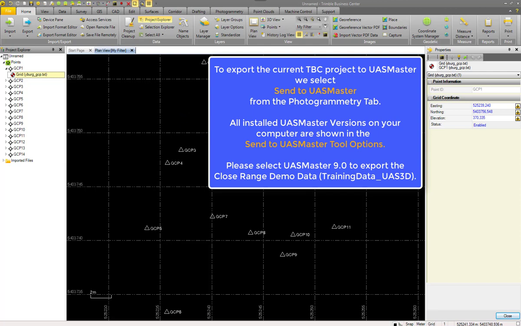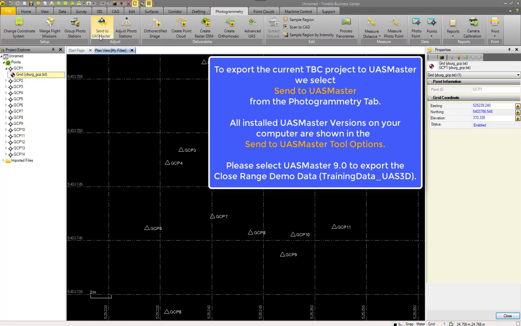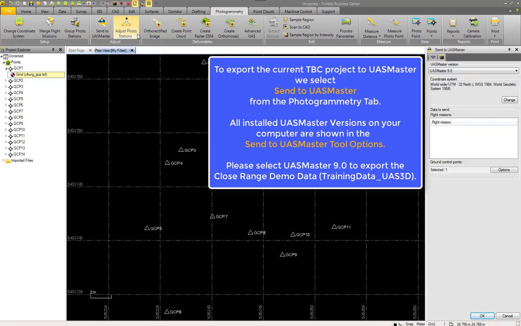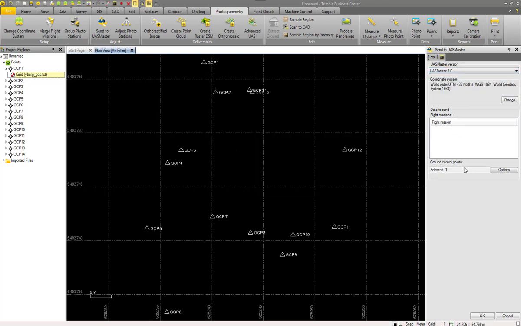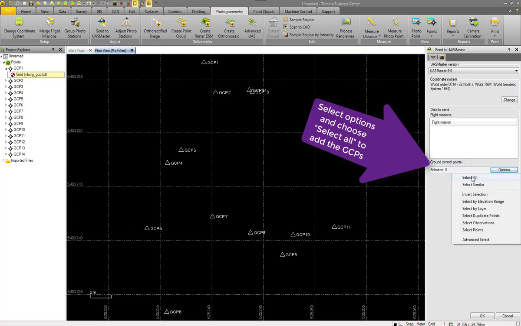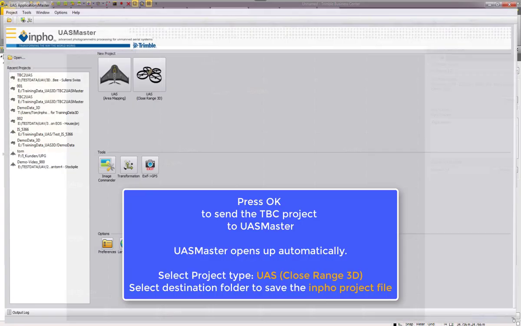Now we want to export the TBC project to UASMaster. Therefore we select the Photogrammetry tab and choose Send to UASMaster. On the right side we can now choose the UASMaster version which exists on your computer. As this project is a close range project, we will use UASMaster 9.0 here as version, and we will additionally also choose all our control points. Therefore we select all the entries, which are 14 of these ground control points. Then we can press OK